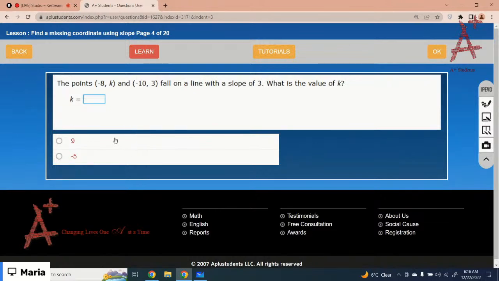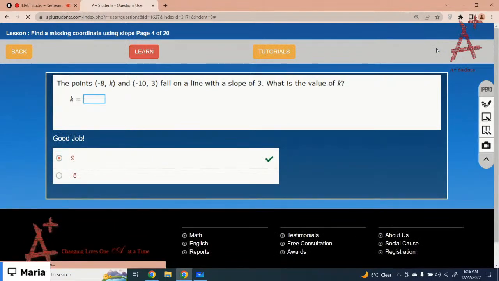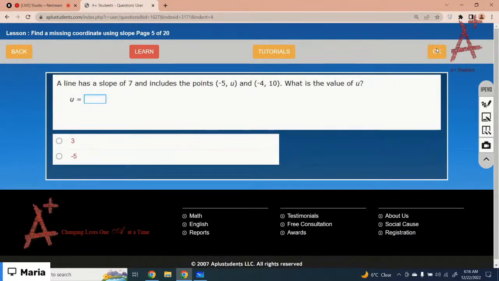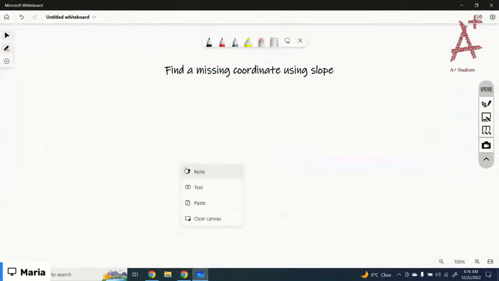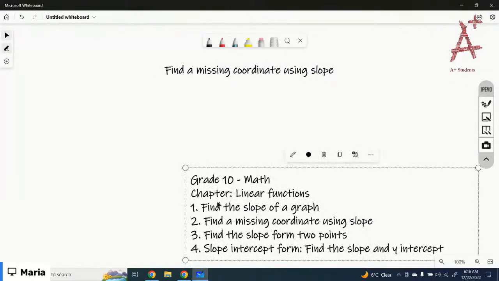Just select the correct option, then click on the OK button. Got it? Okay, you can complete the test by yourself later today. Let me just move on to the next lesson. And the next lesson is